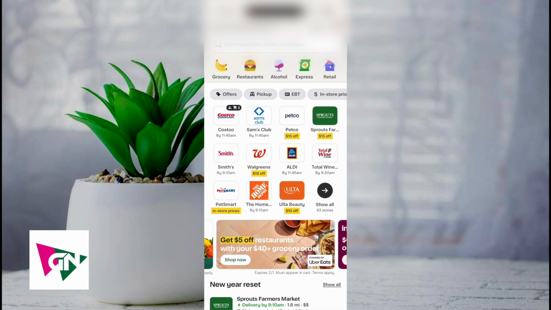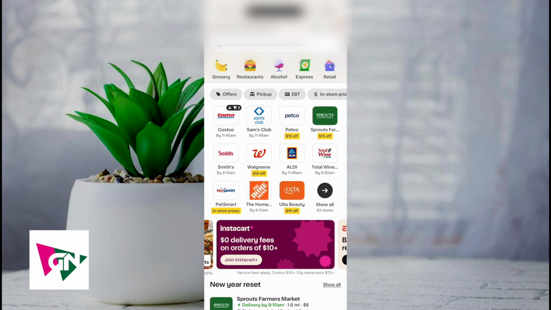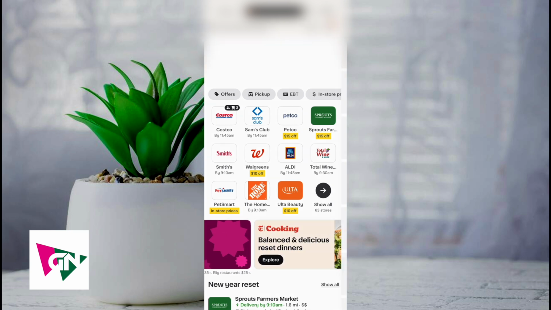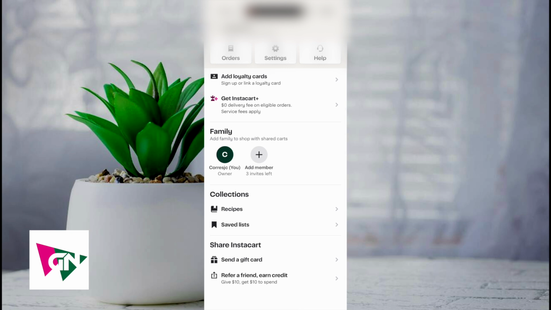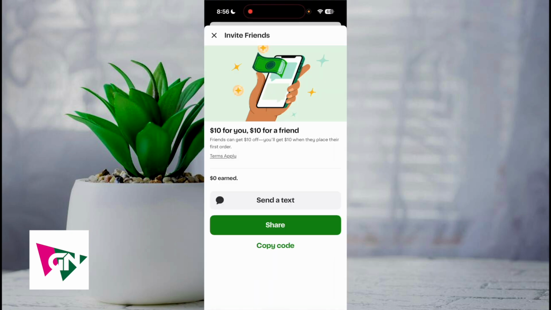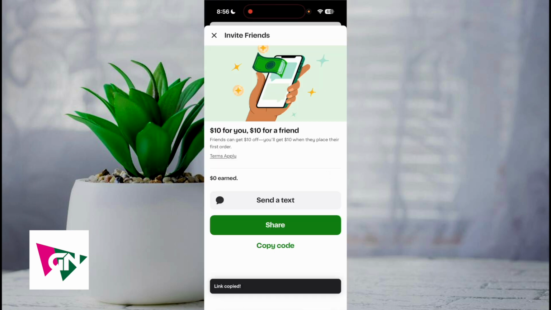Now, in order to do this, what you're first going to do is log on to the Instacart app. Next, click on Account on the top right-hand corner. Afterwards, scroll down and then click on Refer a Friend, Earn Credit. Now, once you click on this page here, you can either send a text, share this app, or copy the code. Either way, if you click on Share, then click on Copy, that should copy your referral link on the